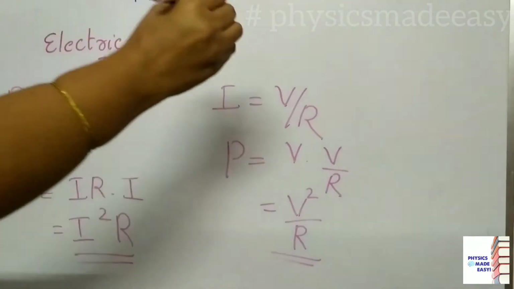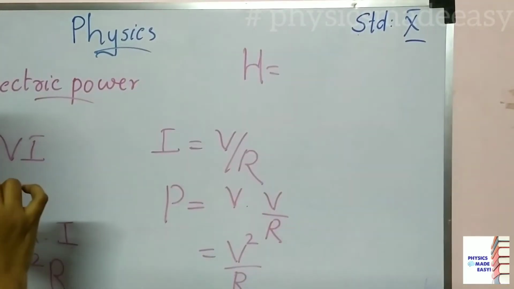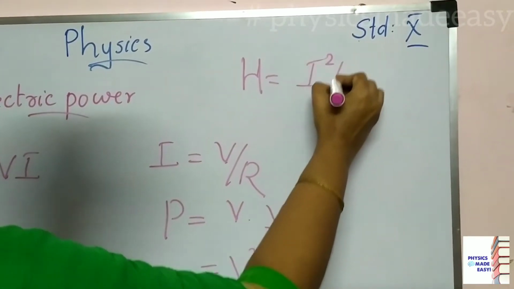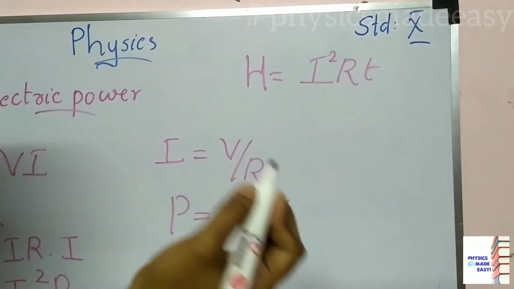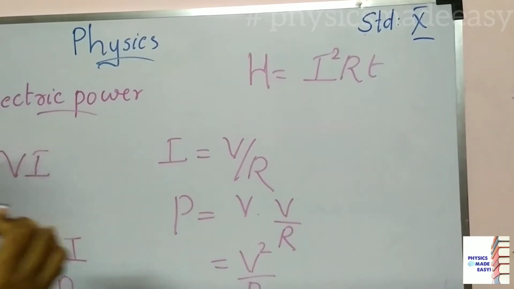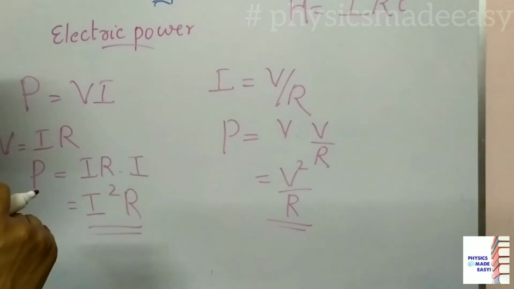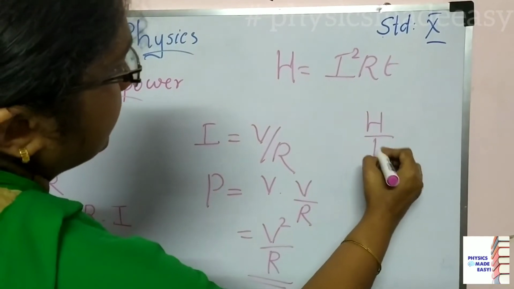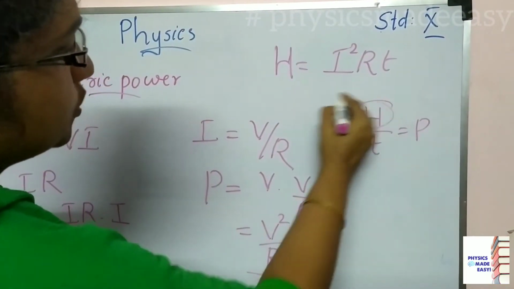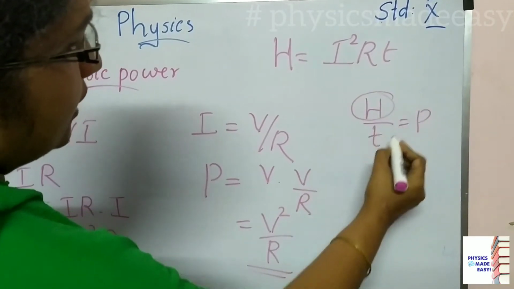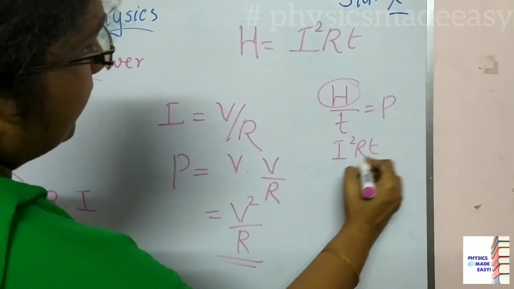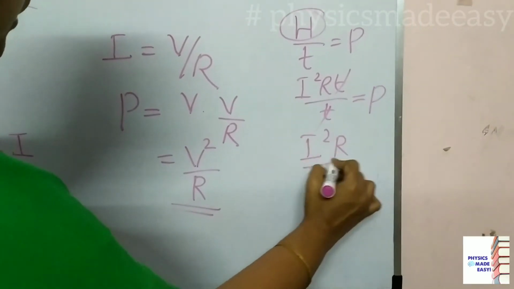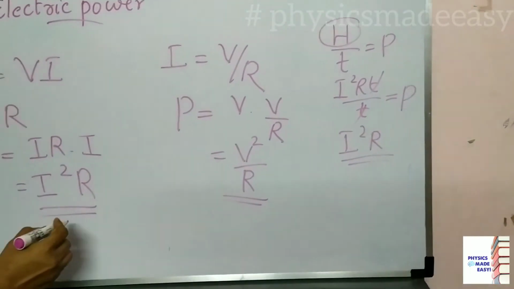Children, you know the amount of heat energy produced in a conductor when current is passing through, that is I square RT. That is energy, no? Here we are discussing power, that is the rate at which the energy is consumed or dissipated. So the rate coming means we can write that as H divided by T, that is the power here. Instead of H you can write E also. Then if you are writing I squared RT divided by T, you will get the power. You can cancel this T, then you will get this I square R. That is the equation for power, that only here also we got.